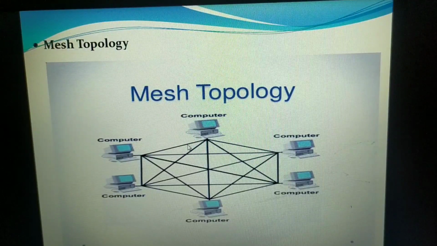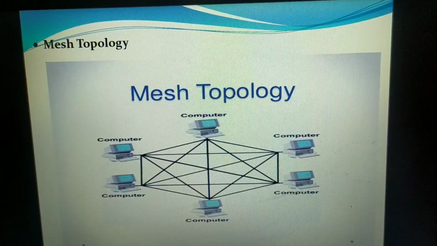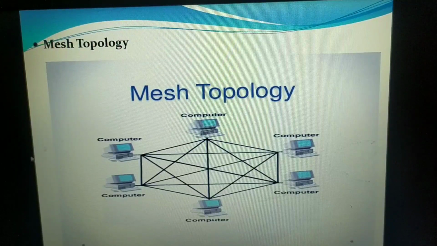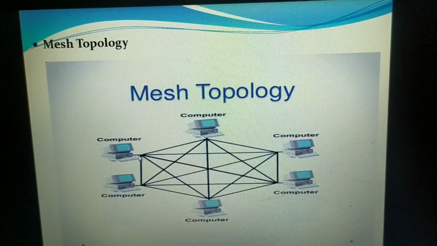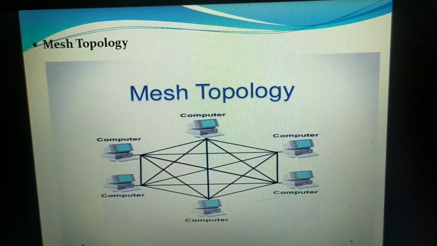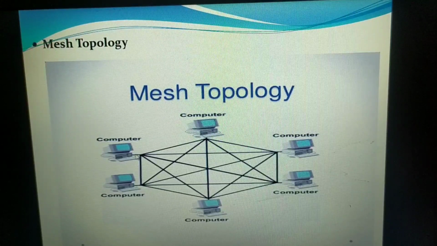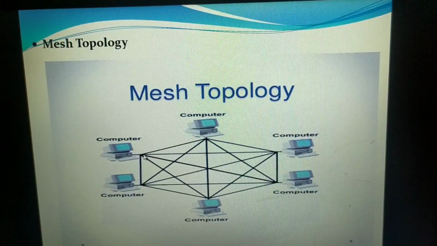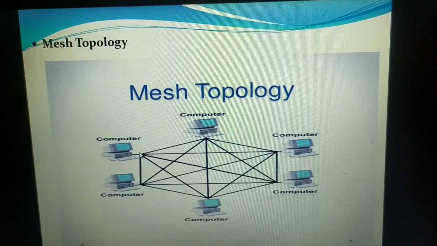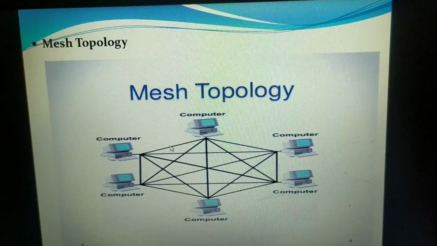Again, the data packet consists of the original message bits to be sent, and the source IP address and the destination IP address. Here also the working is the same. If the data packet reaches the destination and the IP address matches, this node will accept the data; otherwise it discards the data. Similarly it happens with the other nodes also. Now when the data packet is willing to reach the destination through this path, suppose there is a cable failure, so this path may not be working for us. There might be a certain failure.